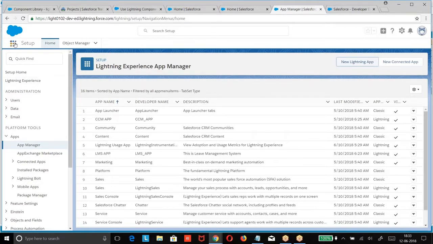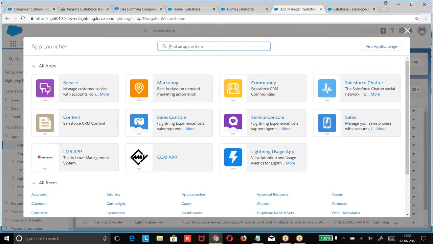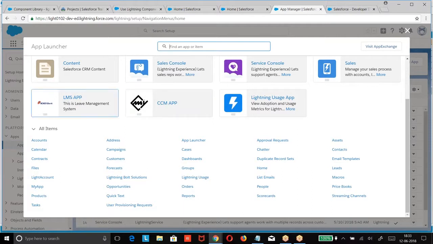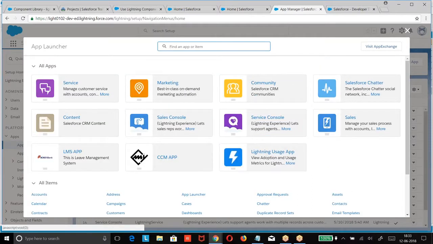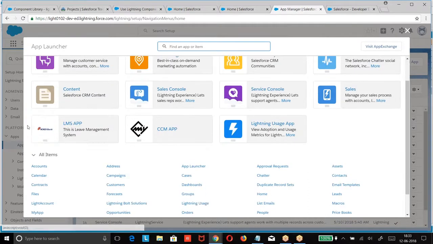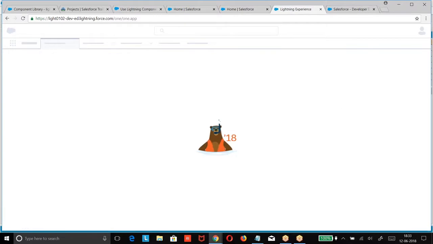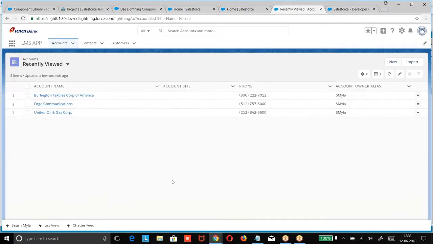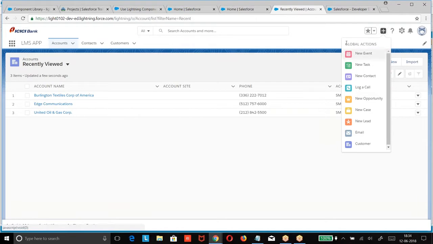When you go to the list of applications, what was our application? Make it live. Something I have not enabled. Maybe profiles are not selected. Okay, no issue. If I select this, when you open an application, at the bottom, what are you finding here? Mail, list view. These are called utility actions. One is global actions. The other one is utility action.